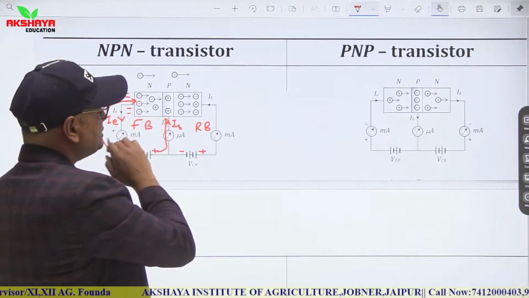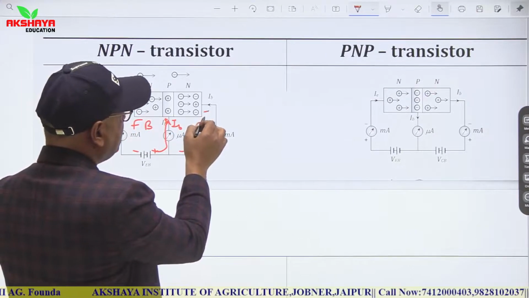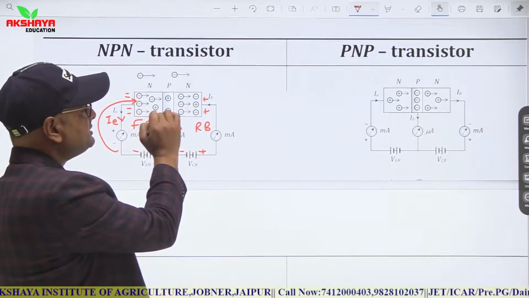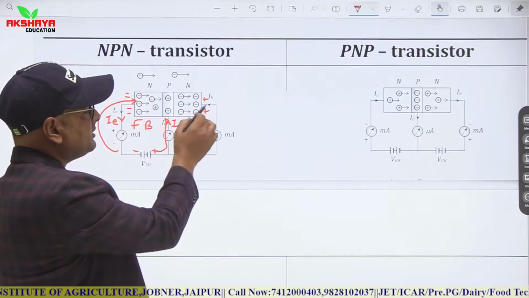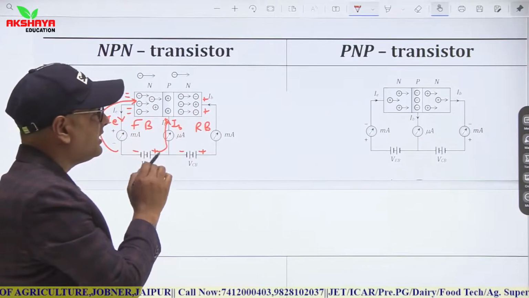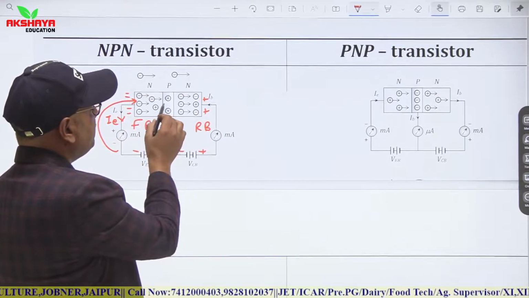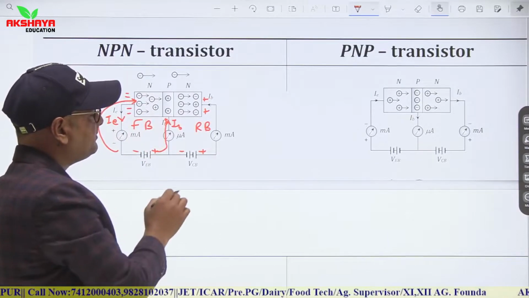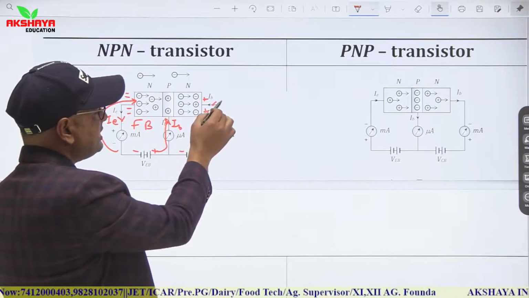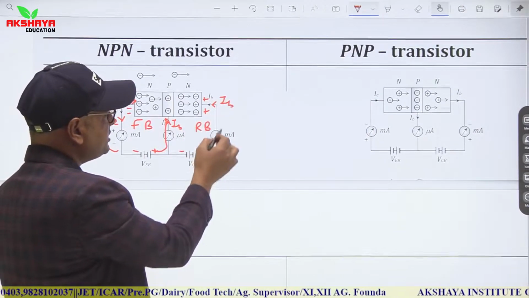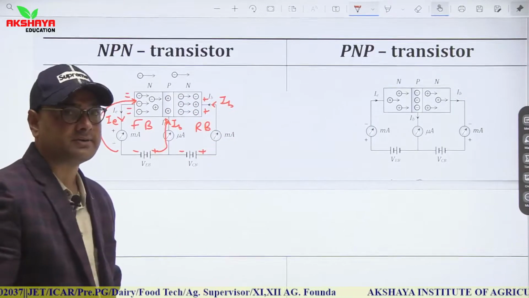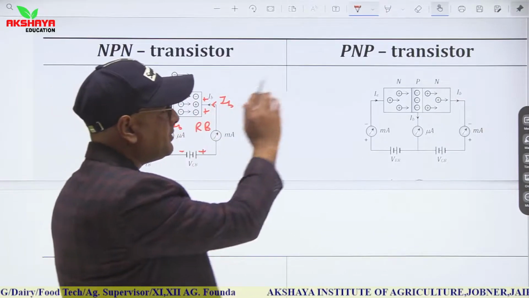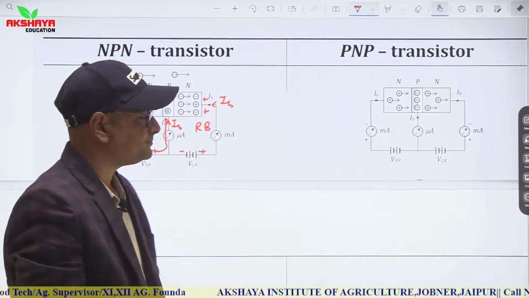In the same concept, we can say again there is an excess of positive charge outside the N region. So electrons of this N region move towards the positive charge. Hence, in this situation, when any one electron is captured in this section, then again a current is established, which is IC, and it is from positive to N region or collector region. So in this way operates an NPN transistor, and a similar type of operation is in a PNP transistor.